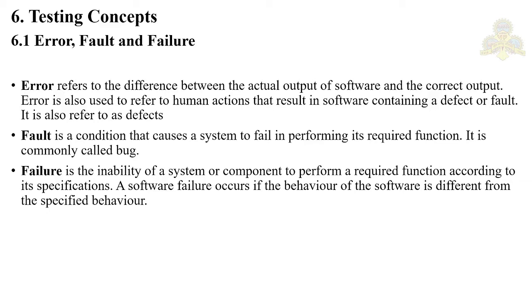So there are some implications of these definitions. The presence of an error implies that a failure must have occurred, and the observance of a failure implies that a fault must be present in the system. The presence of a fault does not imply that a failure must occur. The presence of a fault in the system only implies that the fault has the potential to cause a failure. Whether a fault has actually manifested itself in a certain time duration depends on how the software is executed.